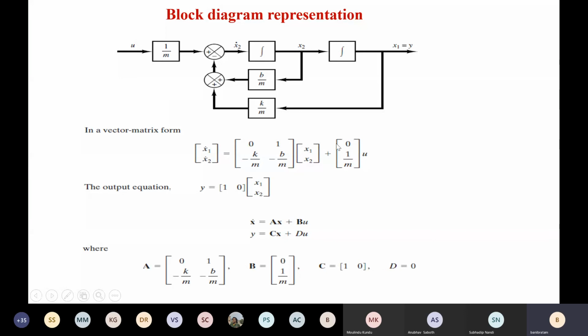And why we have written this block diagram, we will show in Saturday's class. After the class test, I will show you the MATLAB example, that this type of block diagram representation is very convenient for analyzing this type of system in MATLAB. So that also we will try to see. Okay, so is it okay for all, how a simple second order mass spring system we have converted to state space representation? Is it okay?